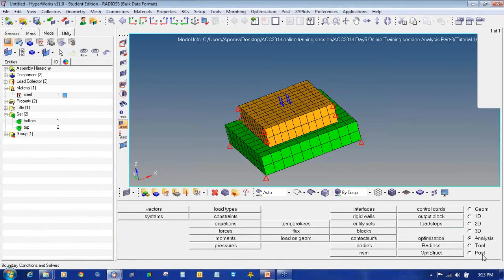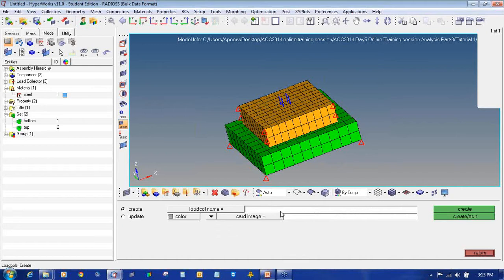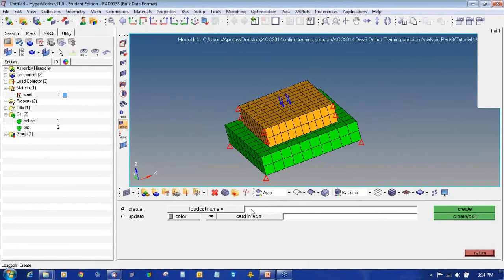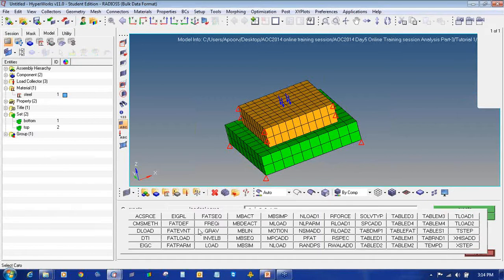Now we will define the nonlinear implicit parameters. So to define that, we will go to load collector icon. This icon is used to define the load collector. Enter the load collector name as NL-param. We'll select the card image as NL-param.